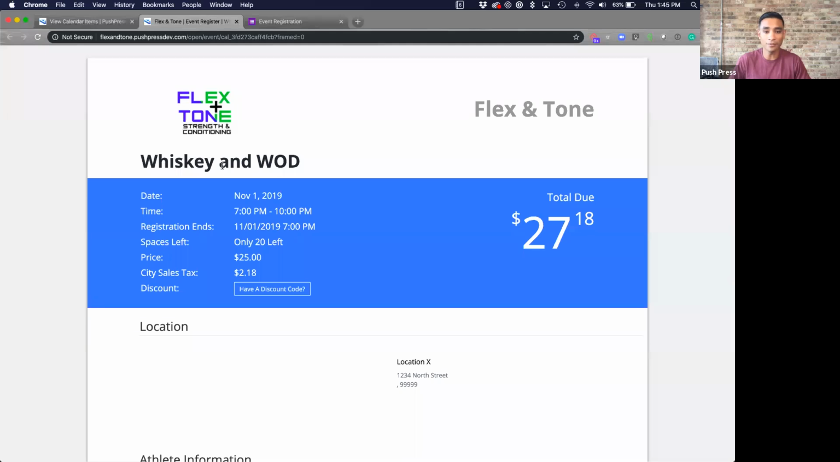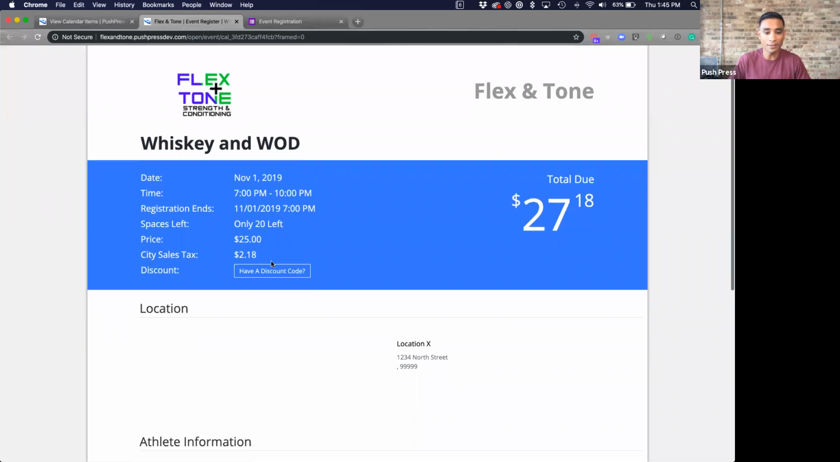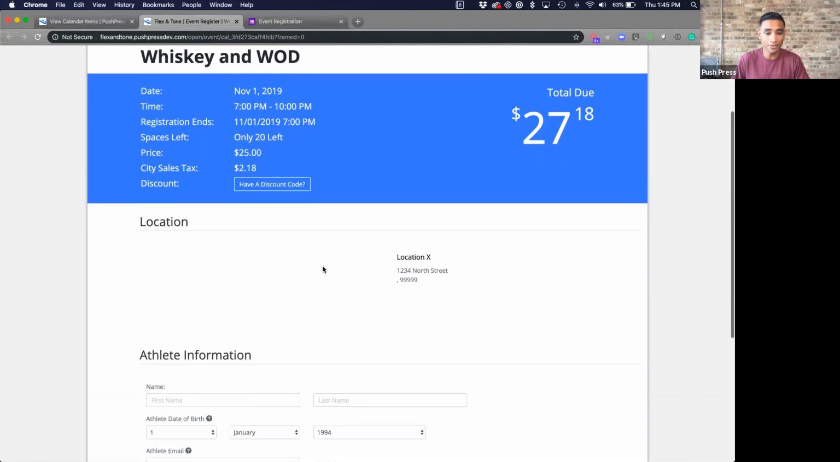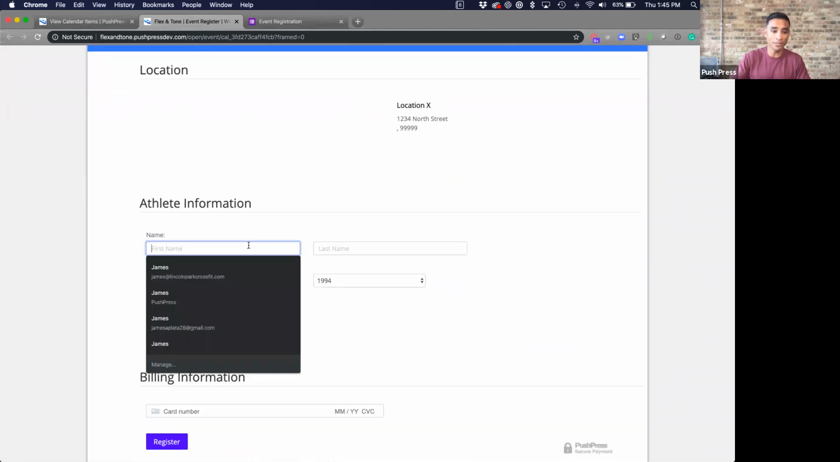Okay, so this is our event, Whiskey and Wad. You can see it's got a different location X, right? $25 registration fee. There's an optional discount code. So if this is a larger event and you're providing this event at a discount for your existing members, but maybe it's full price for non-members, you can give your members this discount code where they can plug it in, okay? And so let's go and register for this so we can walk through what this redirect